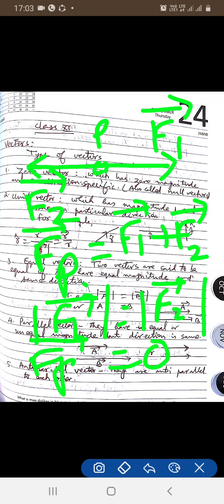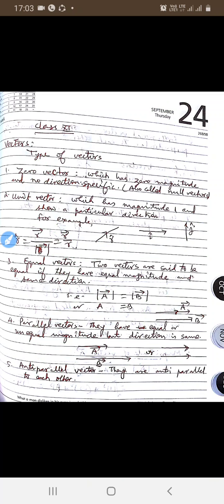So, the resultant of 2 vectors or 3 vectors is 0, as well as direction also. There is no fixed direction for 0 vector. This 0 vector is also called null vector. Unit vector